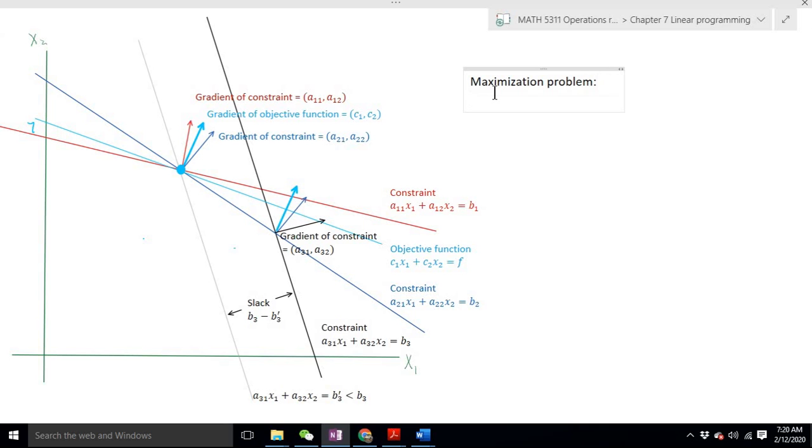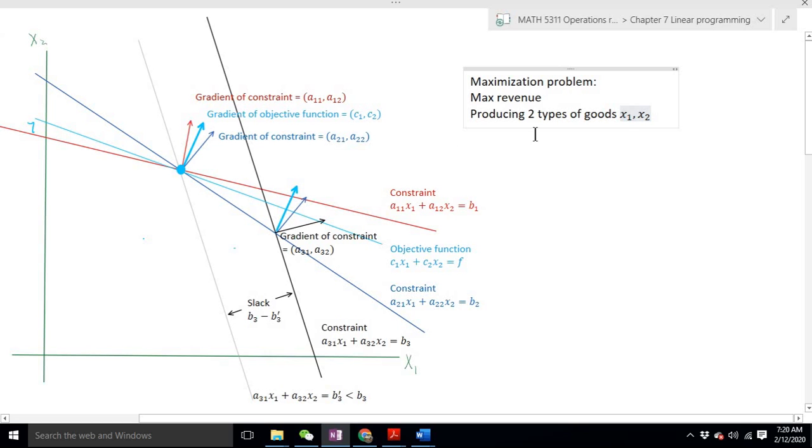Suppose you're trying to maximize revenue and you're producing two different types of goods. Now in this case, the two types of goods would be represented by x1 and x2. And then your limits,